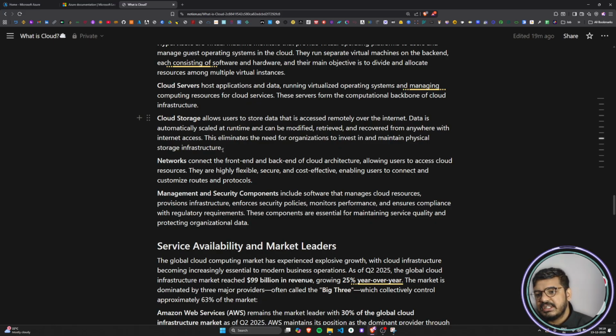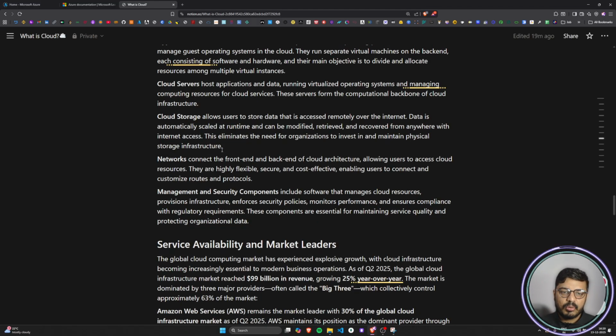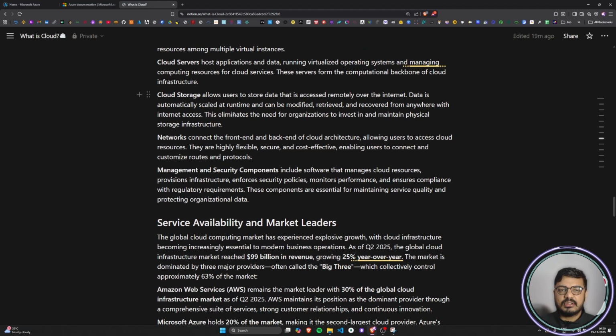Cloud storages, like let's suppose S3 or ADLS: if we have stored our data in these storage services, we can access them from anywhere in the world if we have internet service, and obviously if we have the authority to access them. This eliminates the need for organizations to invest in maintaining the on-prem infrastructure